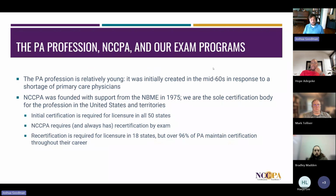It is an area of contention with some PAs because there are some providers that do not have to recertify using an examination. We hear about that sometimes, and it kind of drove us in the direction of longitudinal assessment. About a decade ago, we started exploring this. Recertification is only required for 18 states, but about 96% of PAs maintain their certification over the years. So even though licensure requirements cover less than half the states, and that number decreases each year, almost everybody maintains their certification. There's a lot of external pressure to stay certified